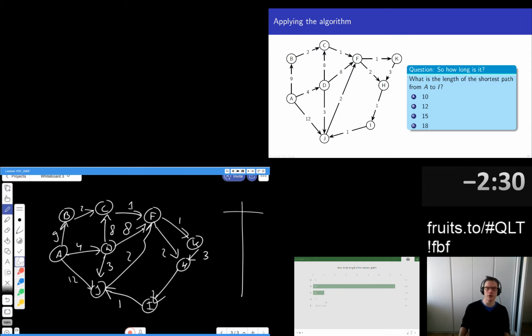So what we're going to do here is apply Dijkstra's algorithm starting from A, right? We want it to go from A to I. Okay, so we're going to have here our little table with all of the distances: A, B, C, D, E, F, G, H, and I. And for starters, all but our starting vertex are going to have a distance of infinity.